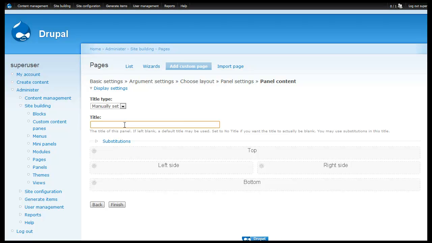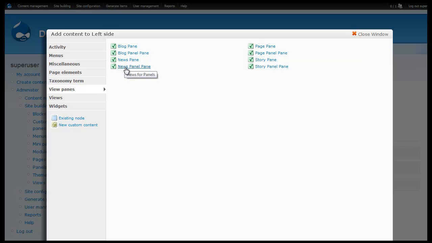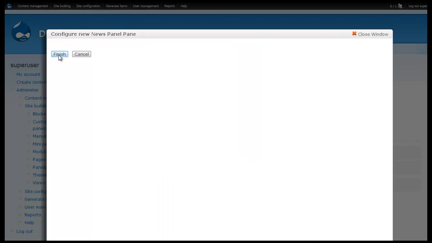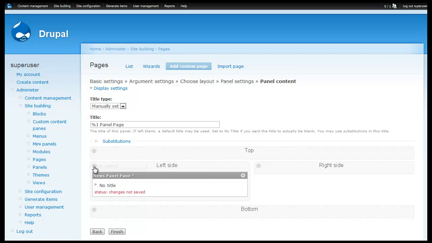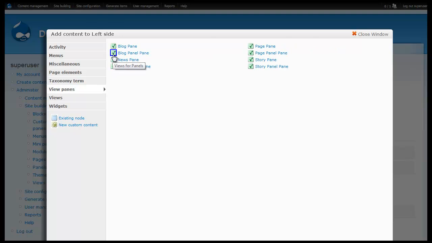From there, now we have several different pieces. If we wanted to give this a title, let's just call this percentage 1, which will again take information from the URL that we're going to pass, or that term specifically. So now we have the taxonomy term panel page, and then we need to add all of those specific panes that we actually created. So let's place some on the left side. Add another one over here. So we've got news, we've got the blog,